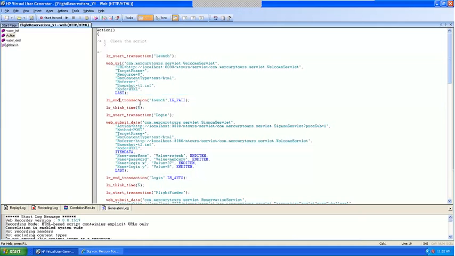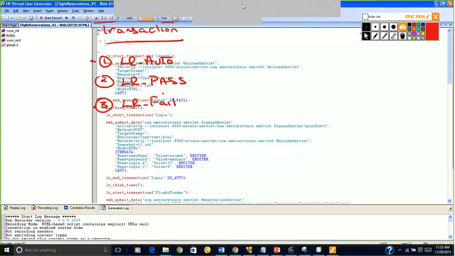So how do you make this transaction fail? That's where we put the status as fail. So automatically this transaction will fail. So now I have put the transaction status as fail, and I'm going to put a breakpoint here. Function F9. Okay, so now if I run this, you will see that this transaction automatically will fail.